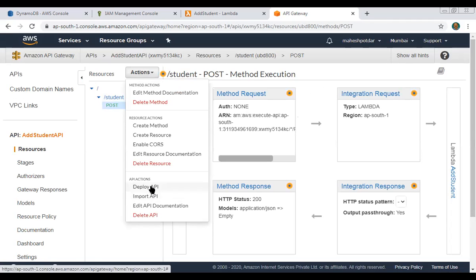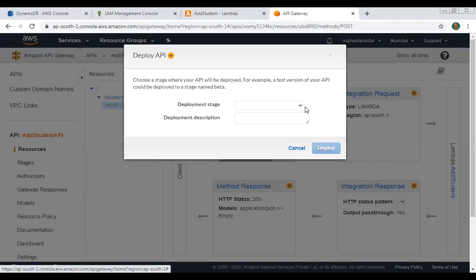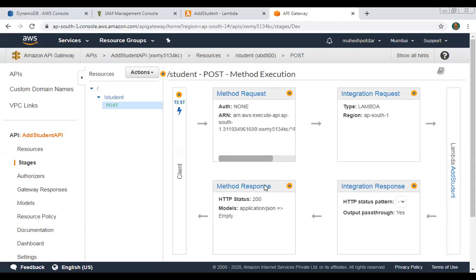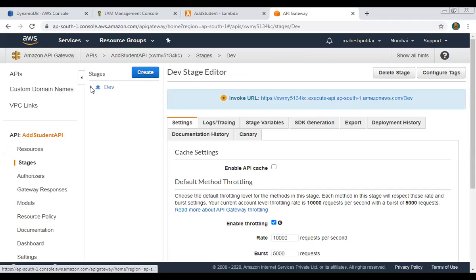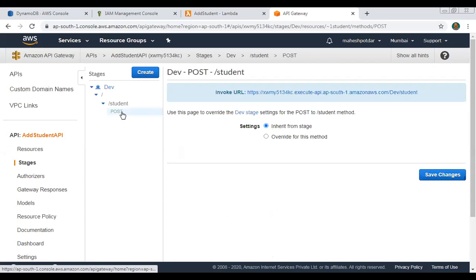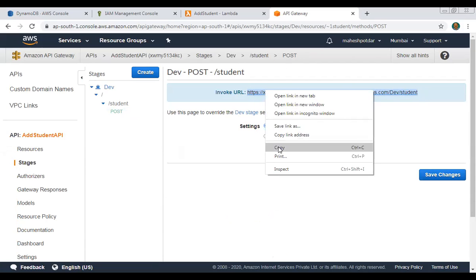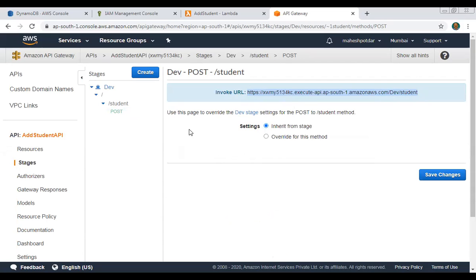Click on deploy API, select the deployment stage, and just click on deploy. After deployment, it will show you the URL where the API is deployed. Copy this URL, and after copying it, test the URL with the help of Postman.